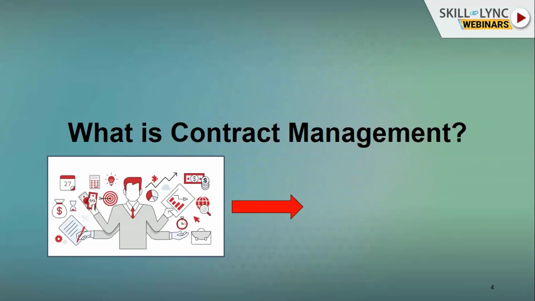To start with contract management, this first slide shows a contract manager who handles the multitasking of a work, starting with the execution, cash flow, and a number of things that he handles with his extra skill set of handling contract management terms. So definitely that project will end on good terms for the owner or customer, and for the contractor also. But